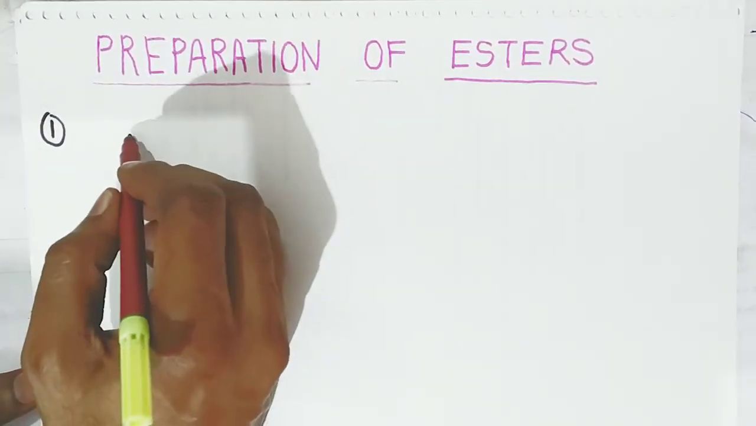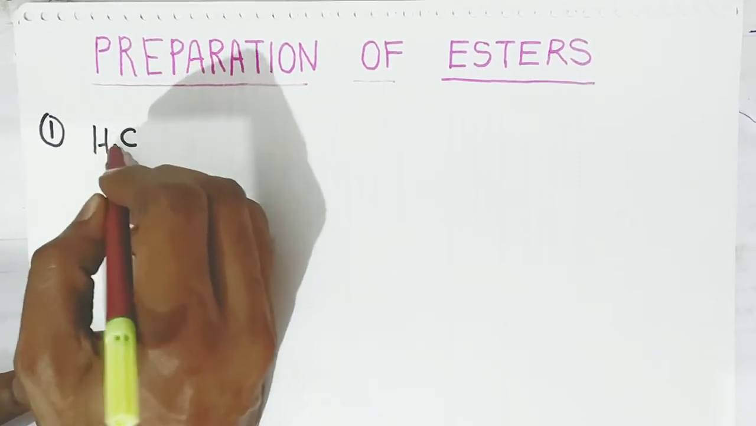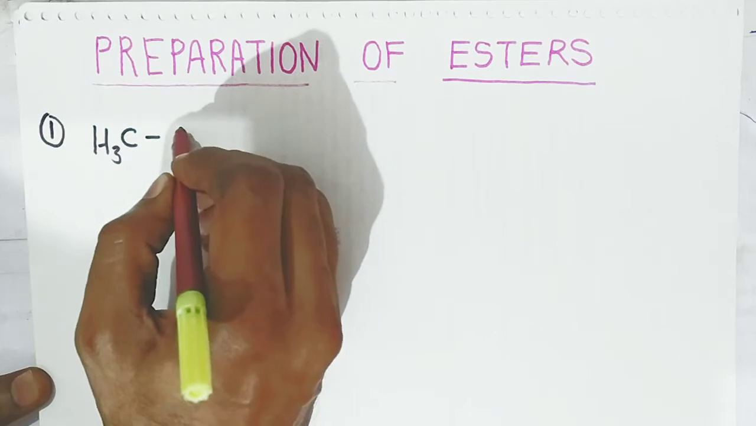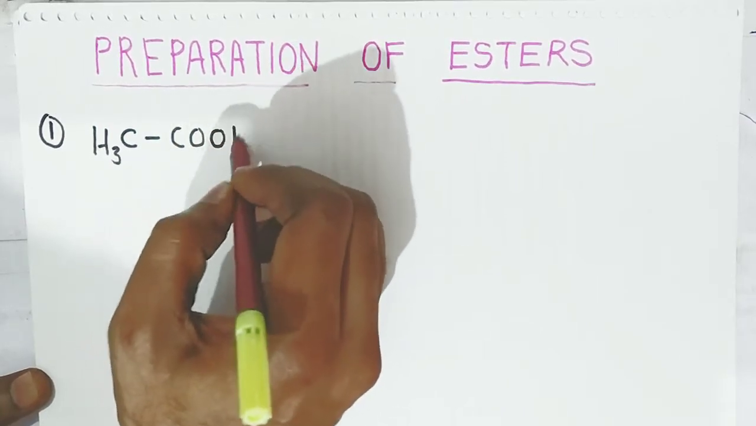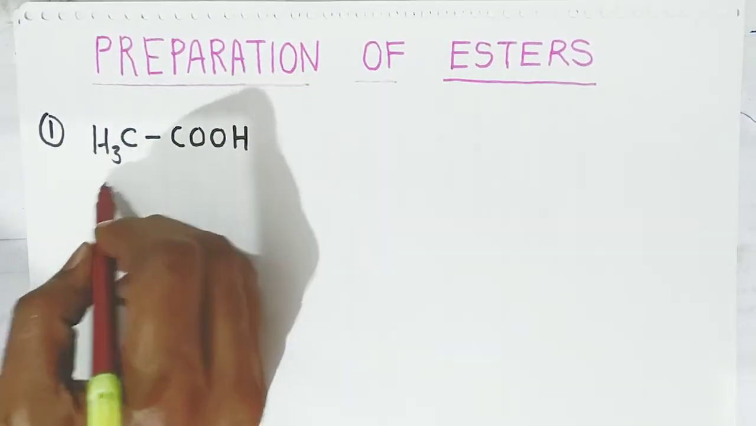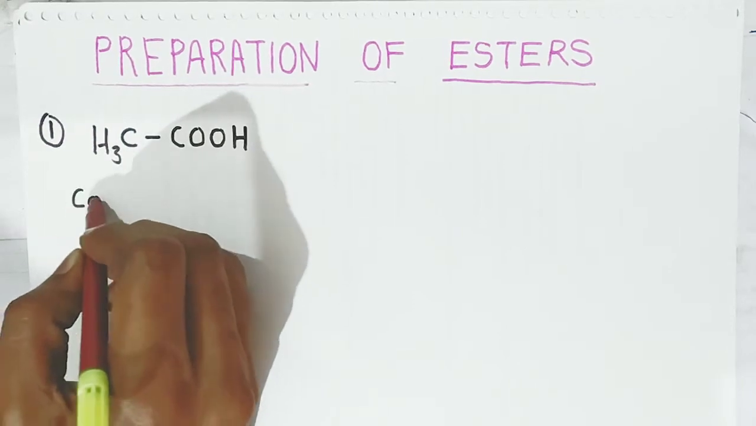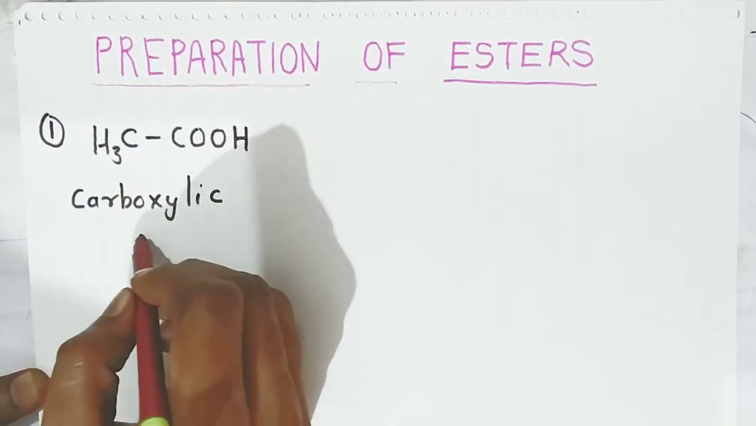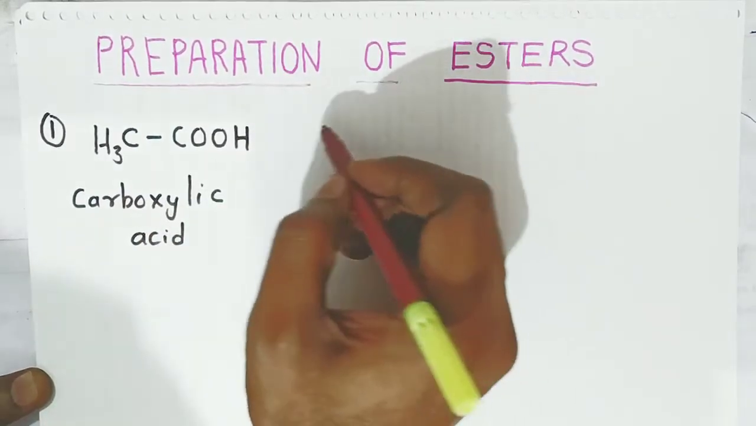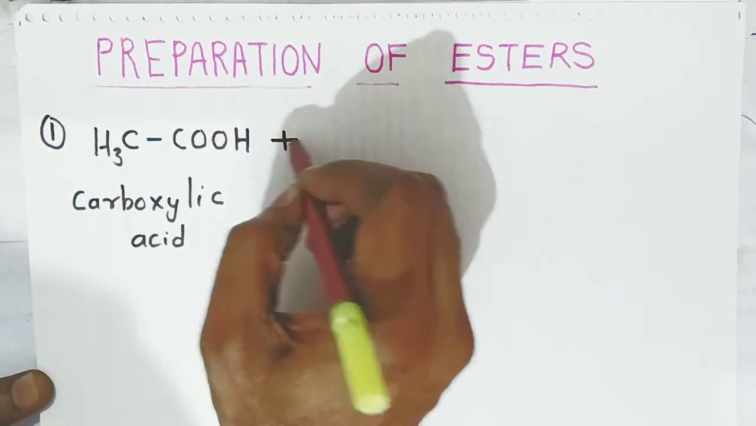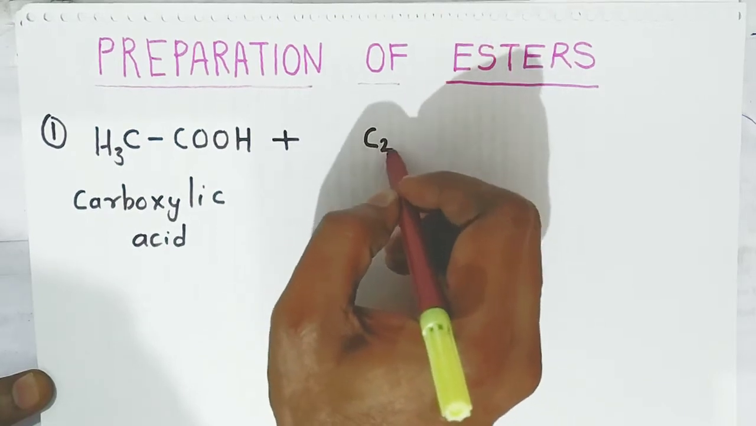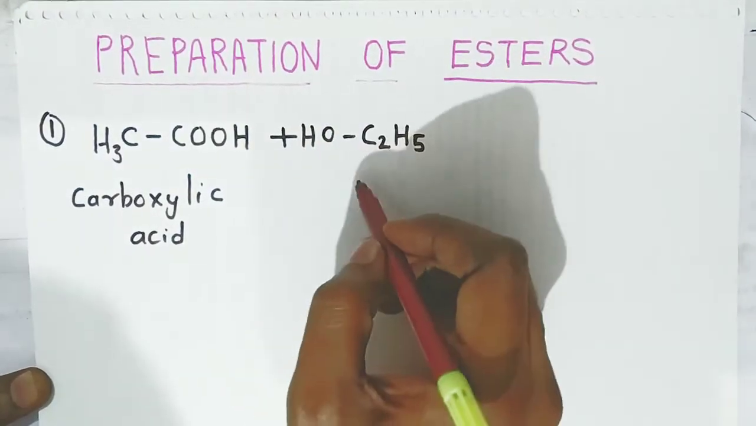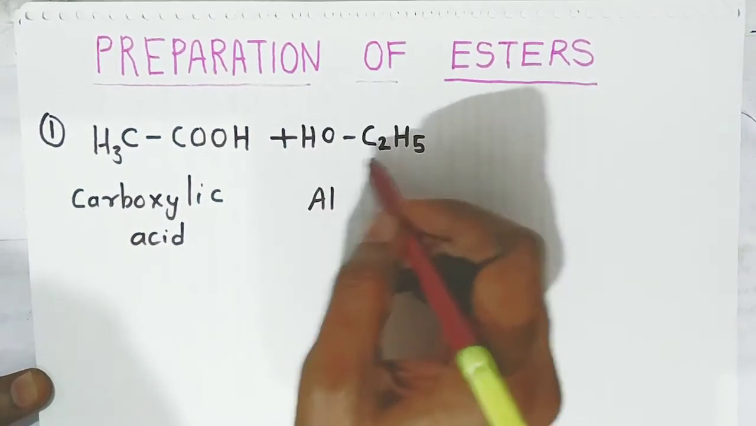You know carboxylic acid, students; you know its formula. This is the carboxylic acid formula, CH3COOH. The name of this compound is carboxylic acid. This acid, students, when it reacts with alcohol, formula C2H5OH, which we call ethyl alcohol,